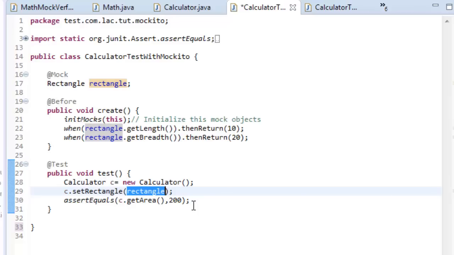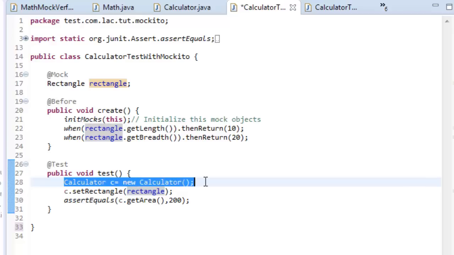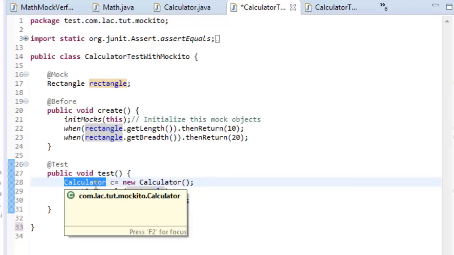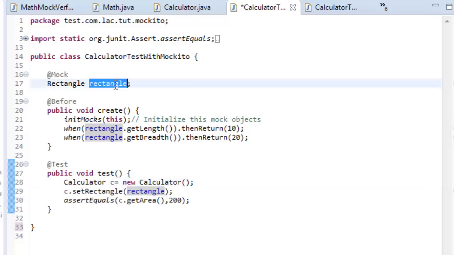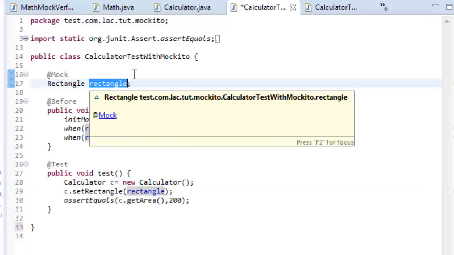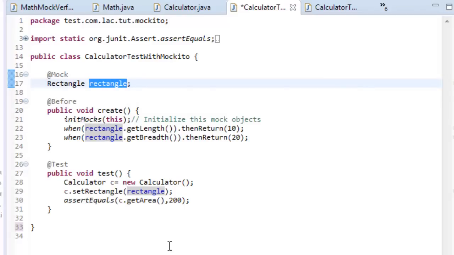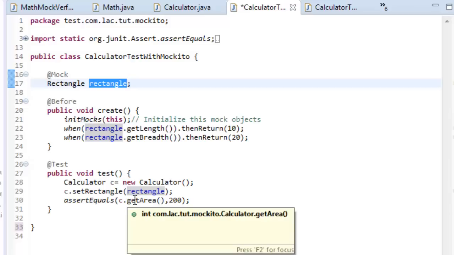Typically, when we use Spring as our dependency injection framework, we don't create the objects. A typical example is we don't create a calculator bean. The calculator bean needs to be created by Spring, and the calculator bean depends upon a mocked rectangle object which is created by Mockito, and we have to test our test case.